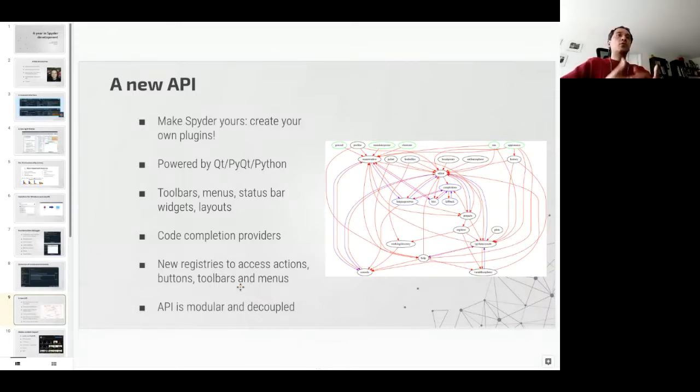Qt is the graphical toolkit that we use in Spyder, and it's a toolkit that has 20 years or more of existence, so it's very mature. It's used in a lot of applications and environments. PyQt is the Python binding for that. And behind all that is Python too, so you can program or extend Spyder using Python, which is really nice. And on